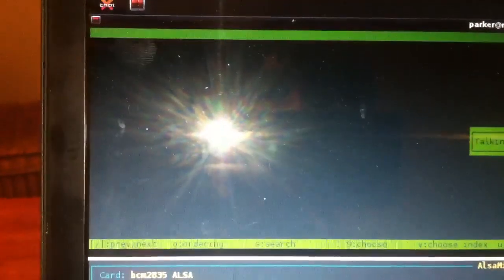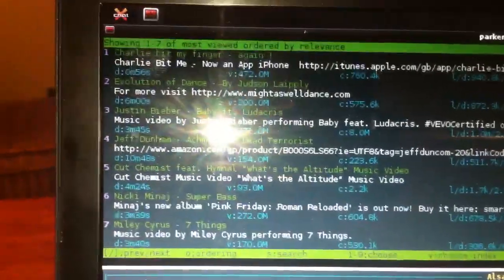And then, well, actually, I can do it here or other place, but here's just as fine. Well, other place being the frame buffer, but there's a command line YouTube browser called YT, and I've made an alias in .bashrc, so it uses omxplayer by default. So then I could say search for